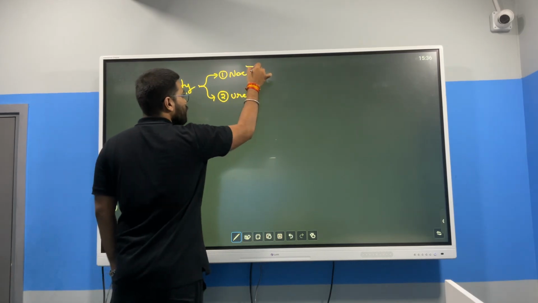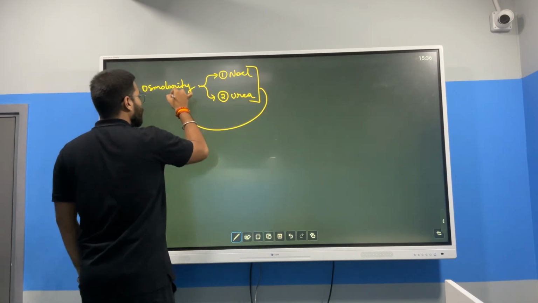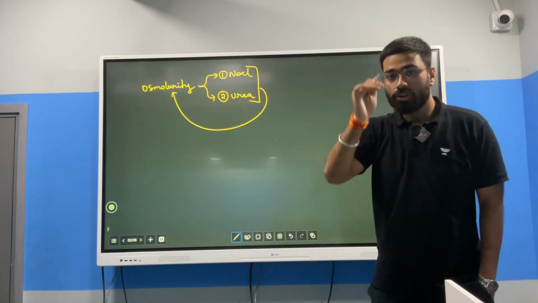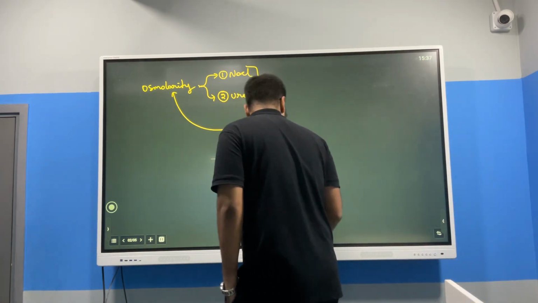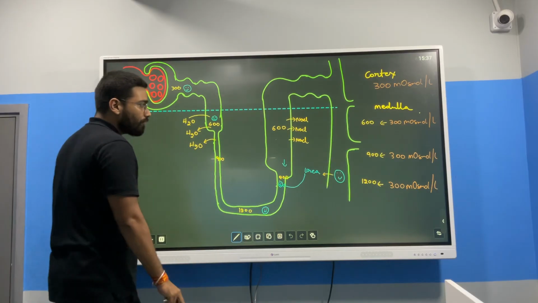So the concentration of NaCl and urea, they both maintain the osmolarity and they maintain the osmolarity gradient, that is important for the counter current mechanism. Understood? If we are clear with this,